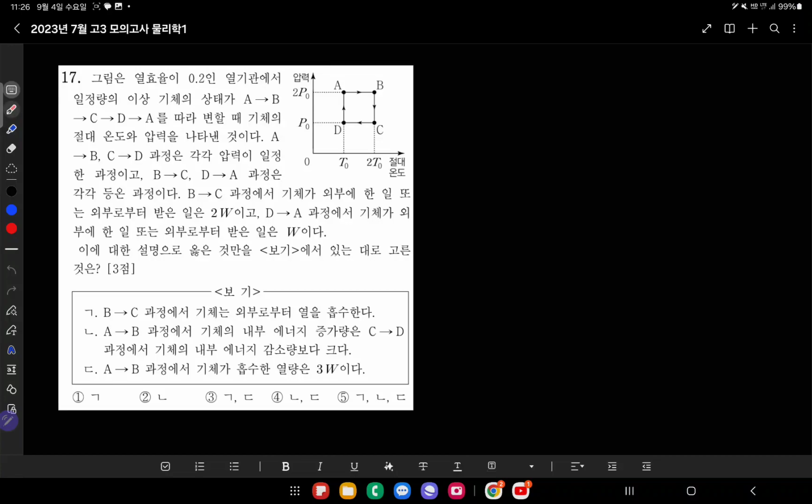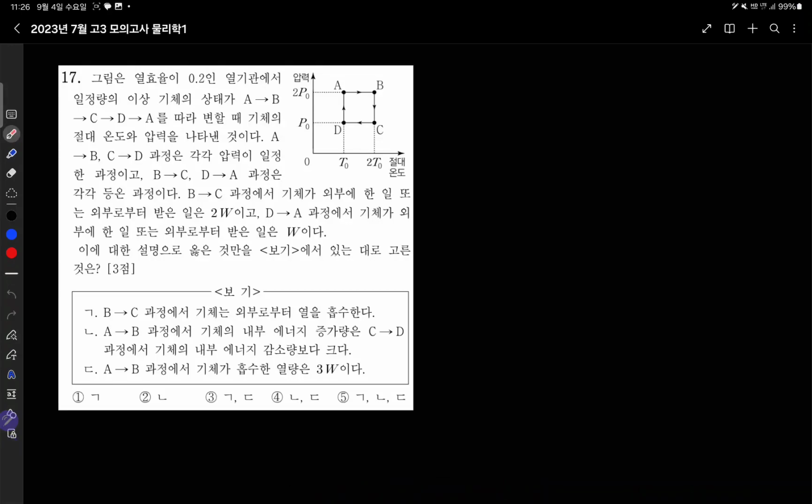Hello everyone. There is a heat engine with the efficiency of 0.2, and the ideal gas changes according to this direction, clockwise. So from A to B and C to D,